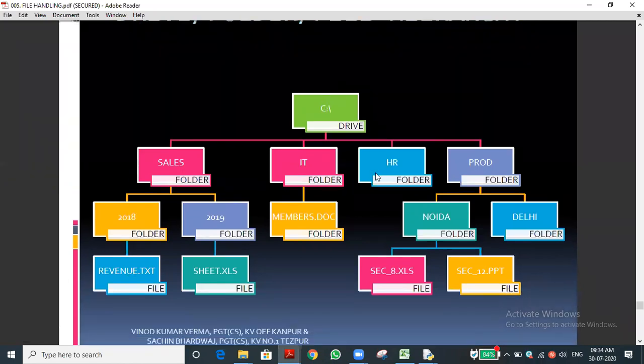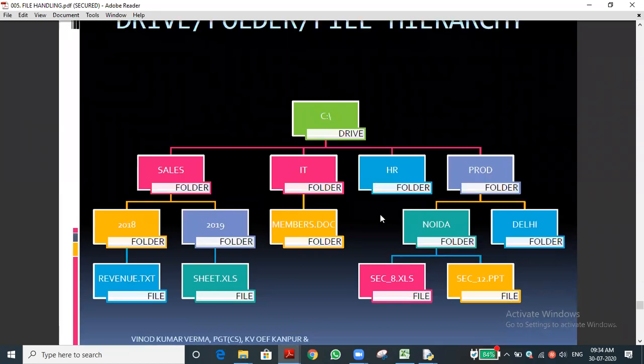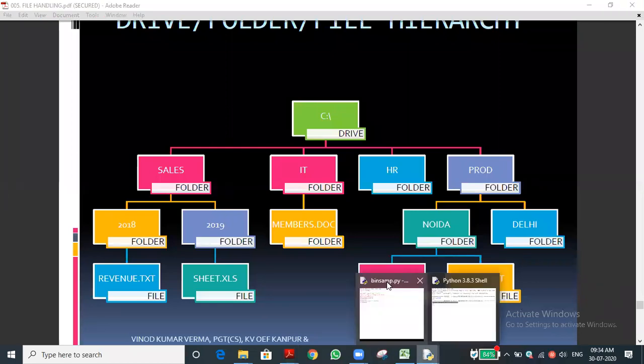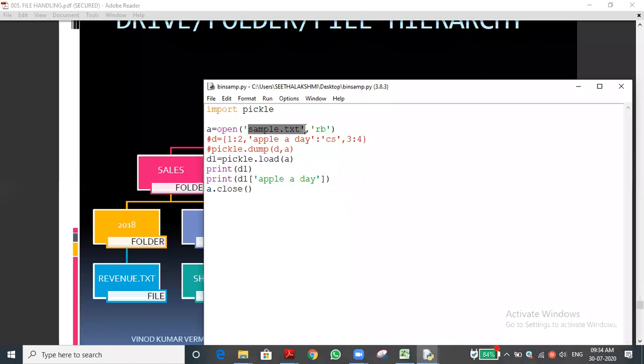I am trying to explain how to access the folder, how to access your file, suppose the file is stored in a different location. For example, sample.txt, in our program we did it, no? This is the sample.txt. Suppose I created a file for you. I bring the file in my pen drive and give it to you. The file is in the pen drive. But you don't like to copy the file to your computer. How to access your file? How will you access the file?